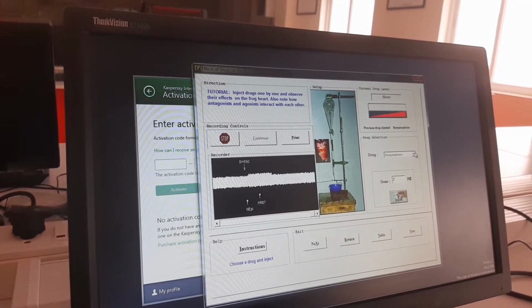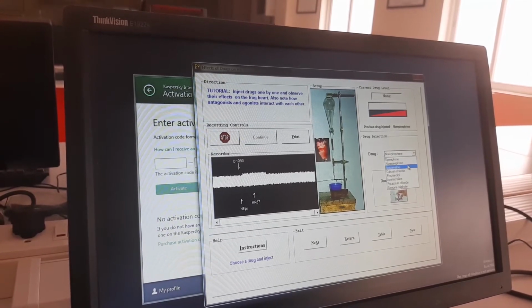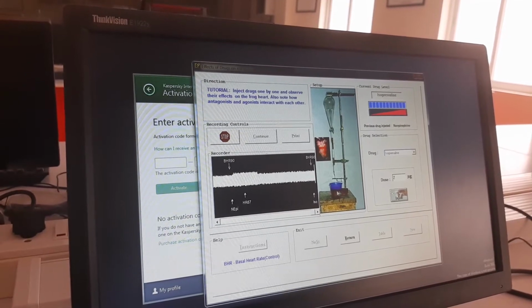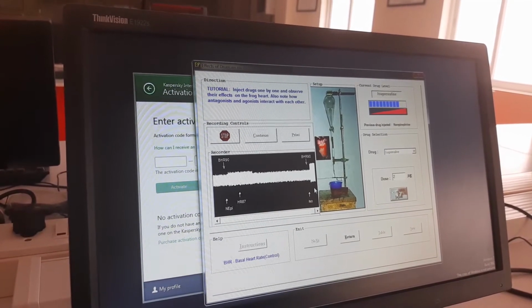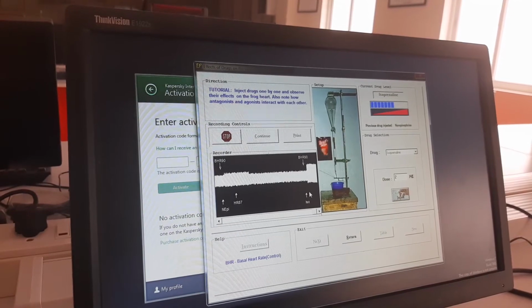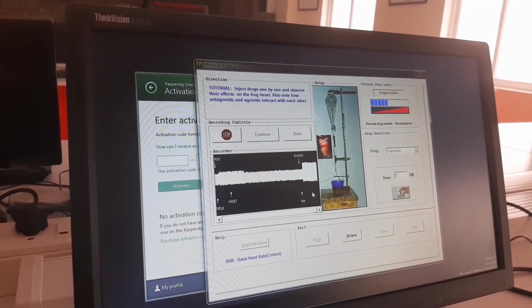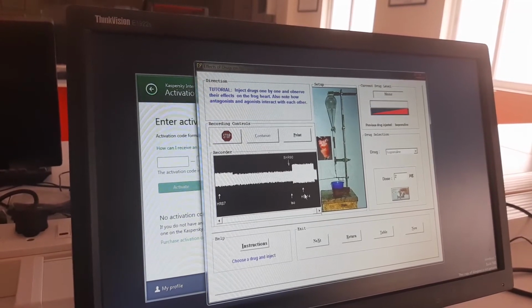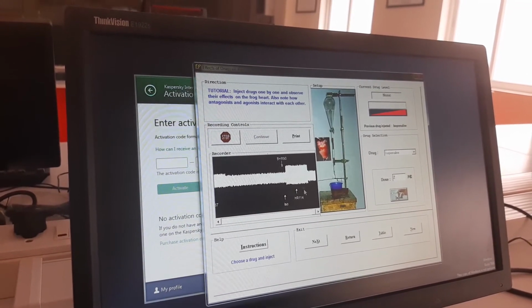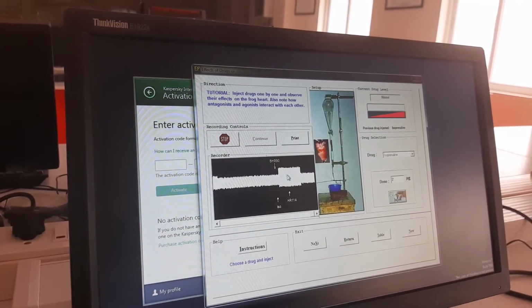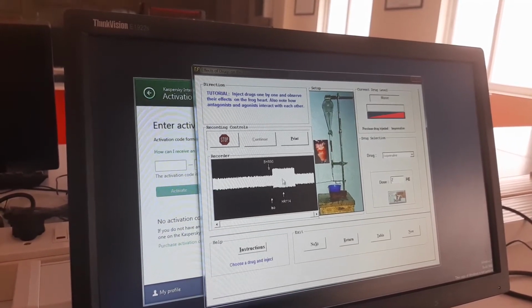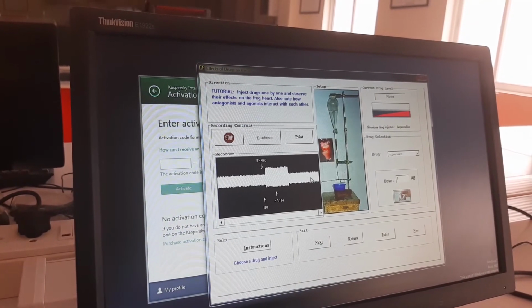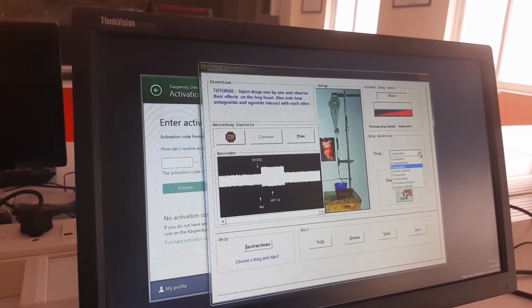Once the drug effect is lost, you can see the empty column. This is again the baseline, and you can inject another drug, isoprenaline. Then once you have injected the drug, you can observe its effect. It causes an increase in the heart rate, an increase in the force of contraction, as well as an increase in the tone. Heart rate goes from 90 to 110, and the amplitude and tone are also increased. Again, once the baseline starts, only then are you supposed to inject another drug.